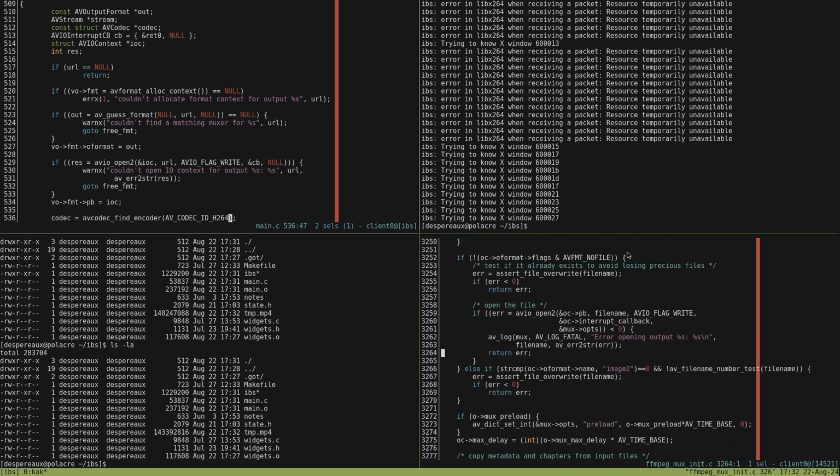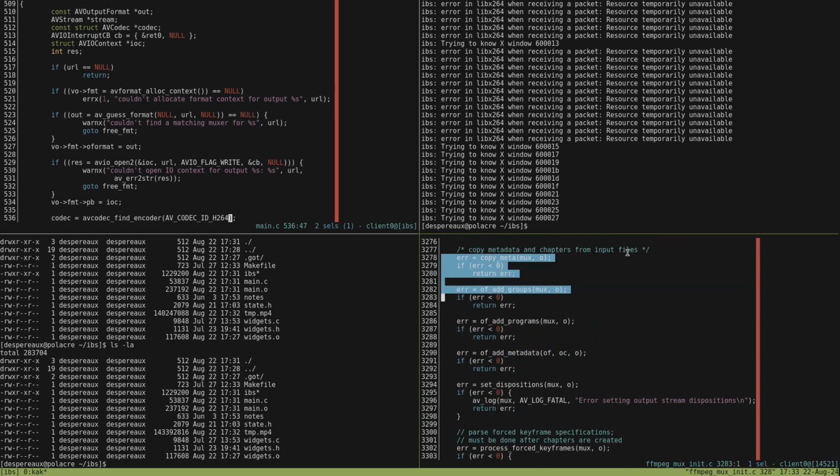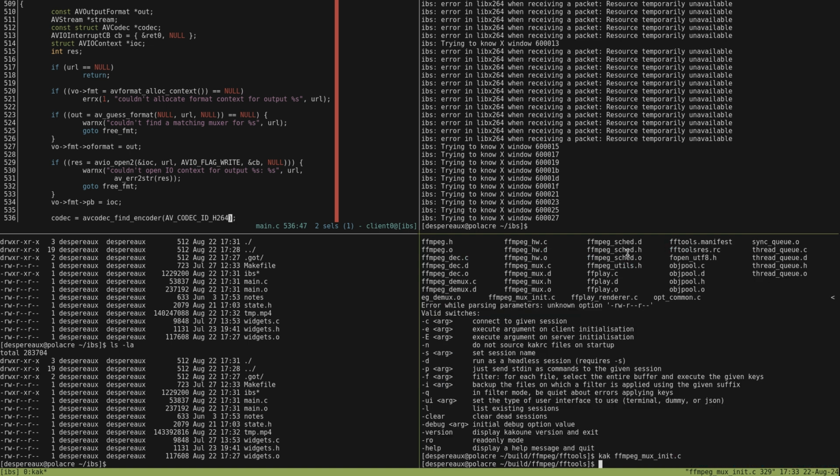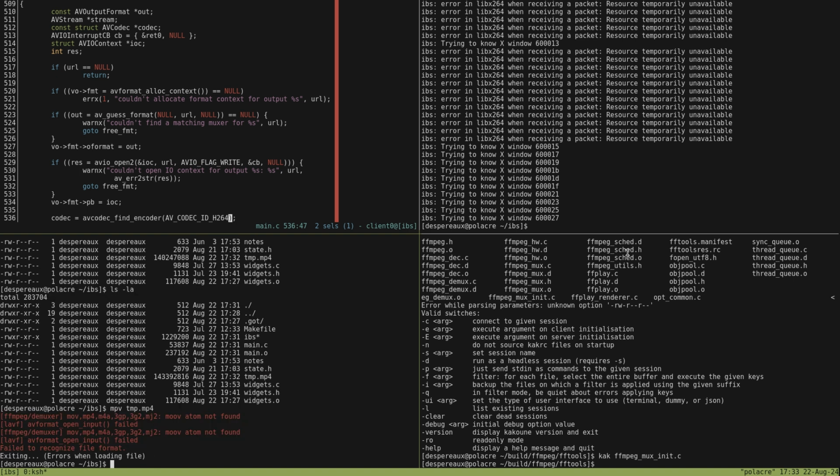Somewhere in here. Yeah, there's a bunch of metadata added to the container format of the output. My hypothesis is that's actually necessary for Matroska, but it's not necessary for MP4.